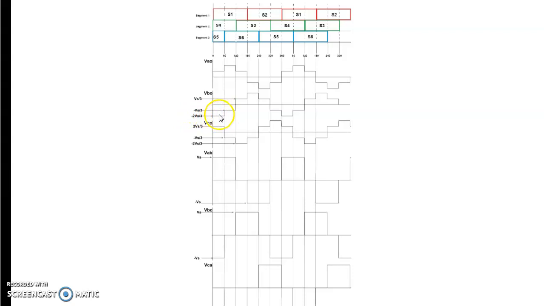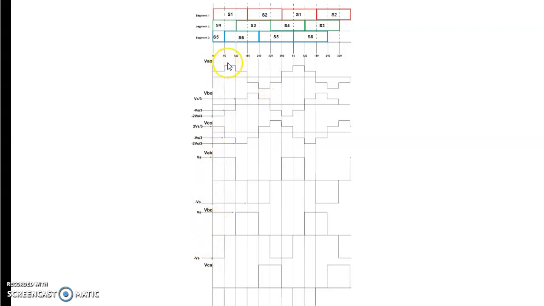Similarly for 60 to 120, 120 to 180 and up to all the 360 degree you can obtain VA0, VB0 and VC0, and hence you can find out VAB, VBC and the line voltages also.